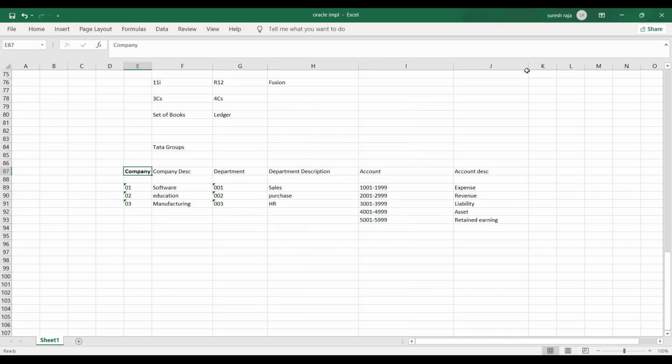Company, department, segment. So these are all in Oracle called, what are the major, I am categorizing a business, they call segments.